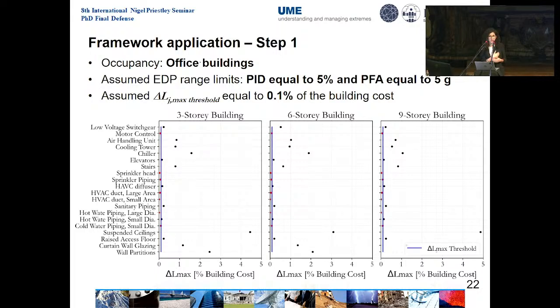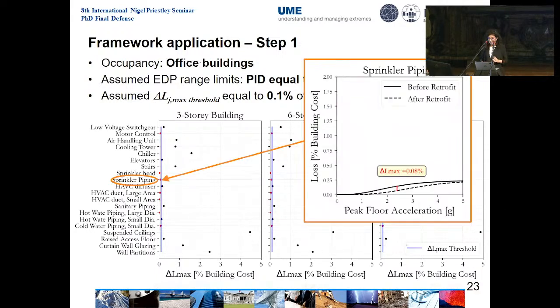So the threshold is the blue line that you see in this graph. The black dots are the components above the threshold. The red ones are the components below the threshold. Now, if we look, for example, at sprinkler piping, which is below the threshold, what you can see is that the two loss EDP functions that we have estimated for this component are very close, which means that independently from the structural response, so independently from the actual peak floor acceleration value that we would have in the building, the maximum potential loss reduction that we can have due to the upgrade of this component would be 0.08%, which is below